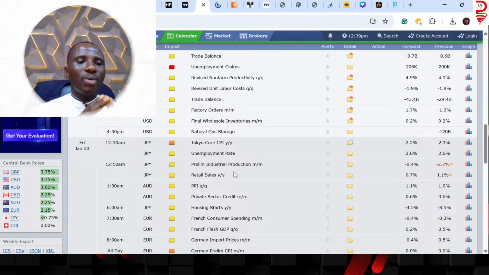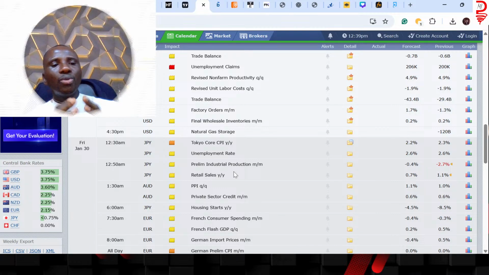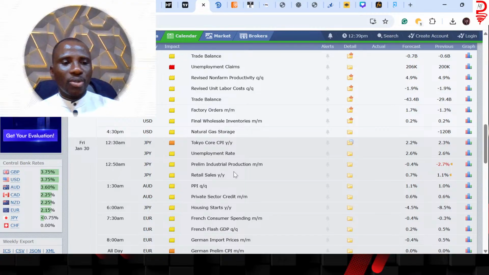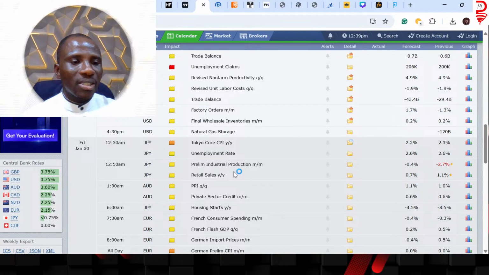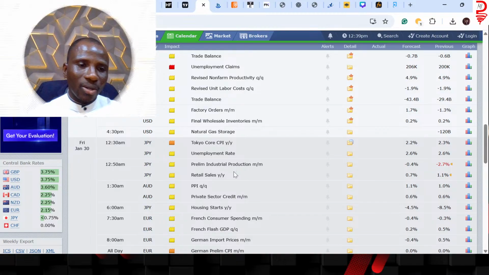What we are saying when we say divergence is we want to look at where is the largest differences in terms of interest rates when you compare two currencies. So let's just look at it. The highest interest rate is 3.75, and that is for Great British Pound and United States dollar. Next in line is the Australian dollar with